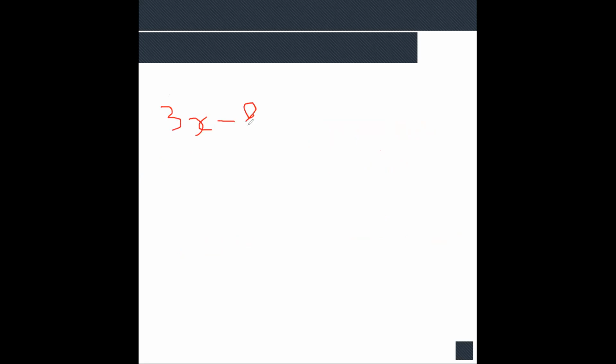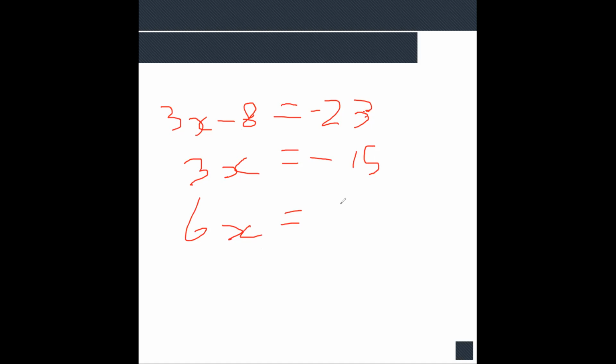So it's 3x minus 8 equals negative 23. We add 8 to both sides and we get 3x is equal to negative 15, right? Now it's asking us what 6x minus 7 is. So if 3x is negative 15, 6x is negative 30. 6x minus 7